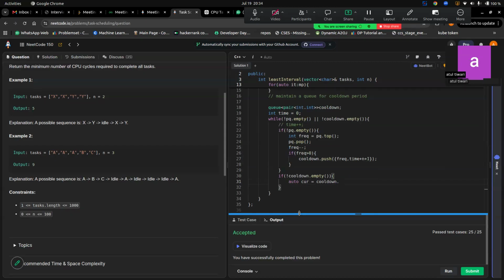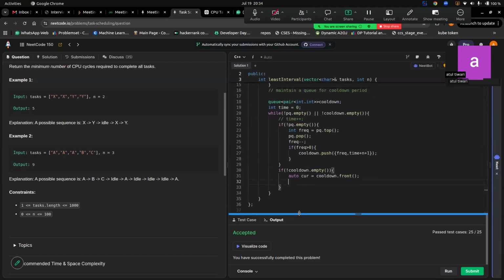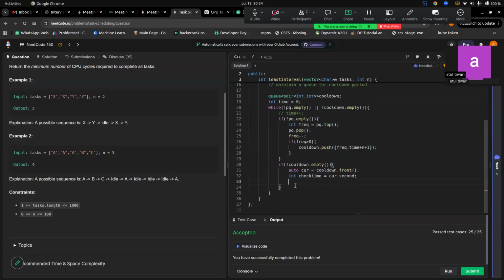I can say pq dot top, q dot front, or q dot back, q dot front, I think. Because it is first in first out, I want to see the front, right? So car equals cooldown dot front,